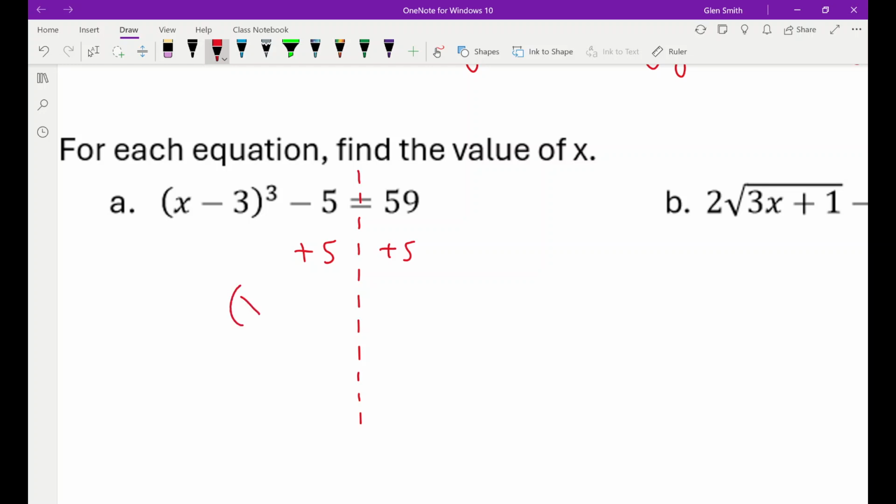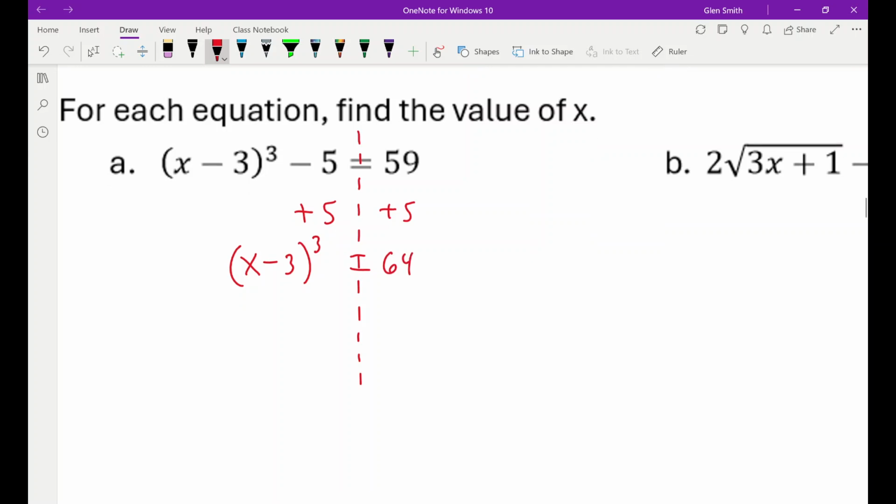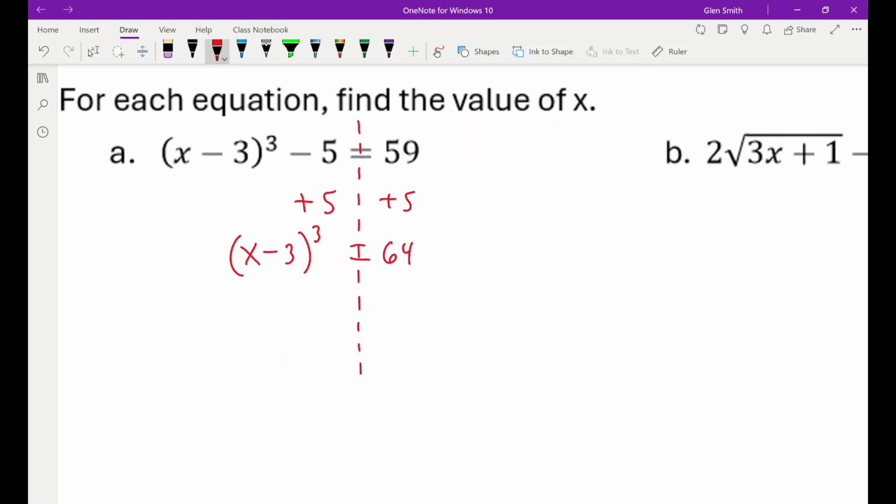When you do that, the 5s on the left-hand side cancel, and we get 59 plus 5 is 64. Okay? So now we have this equation here that we're trying to solve. And the next thing we have to attack, so we always attack from the outside. All right, so when we're trying to get x by itself, we attack from the outside. That's why we got rid of the minus 5 first. I need to get rid of this cubed. And the thing that undoes a power is a root. So if I want to get rid of a cubed, I need to take the cube root of both sides,